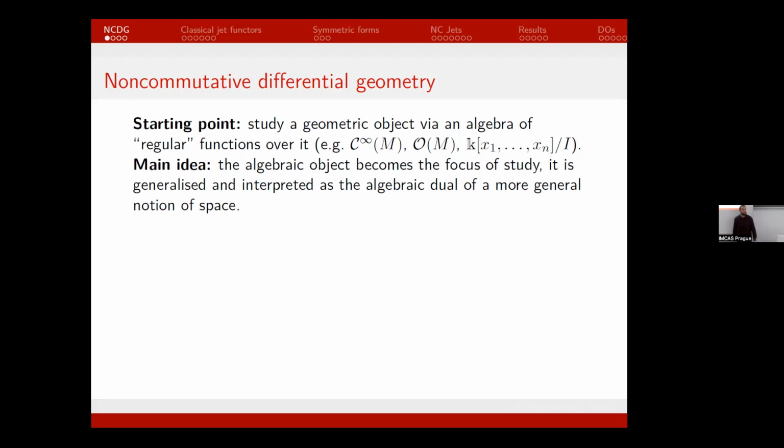So in this case, what we do in non-commutative geometry is we remove the axiom of commutativity. So instead of considering an algebra of regular functions,